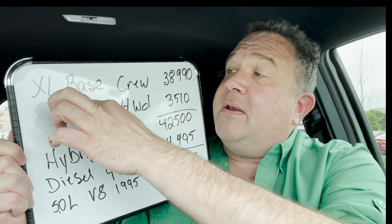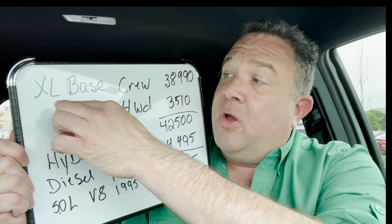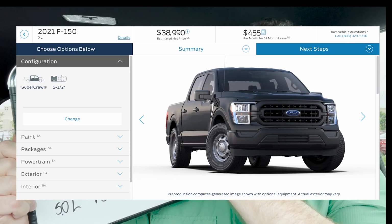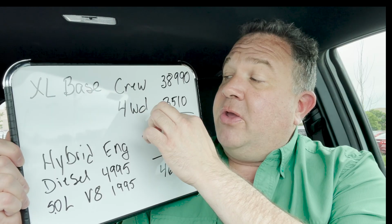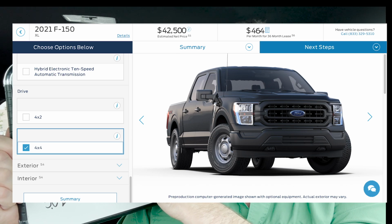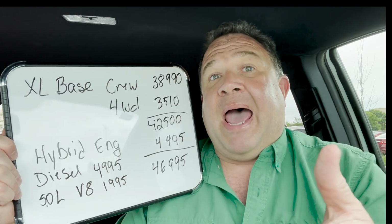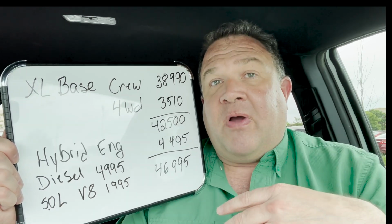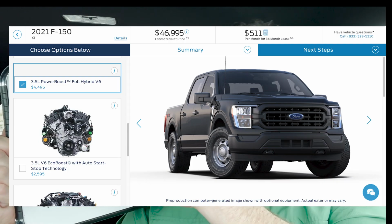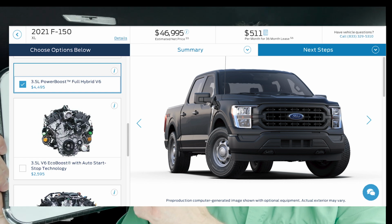If you get a standard Ford F-150 XL trim, their lowest trim level, you get the crew cab, that is $38,990. Then you add four-wheel drive, that's $42,500. That doesn't give you the power panel in the back that you can run equipment from at your job site. So if you want that, you have to upgrade to the hybrid engine. And that adds another $44,995 for a total of